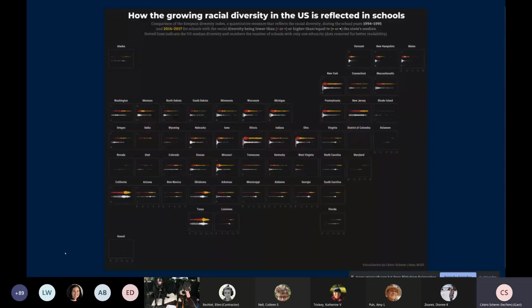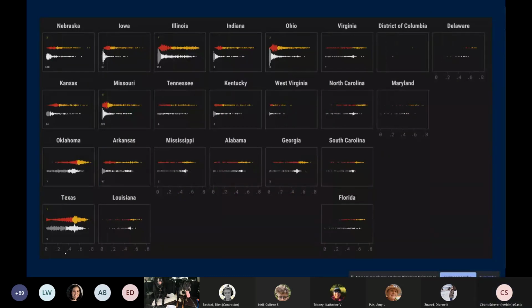I use them also here, which I wasn't super happy with the visualization, but I still want to show it because I at least think one can think about it here. So what I did is I colored them based on values above or below the median value. So it's not so important what it shows here, but this is about diversity scores in schools in two different years.